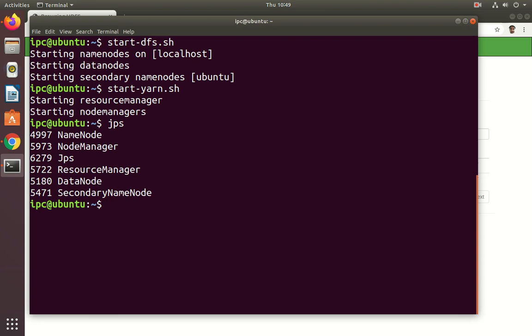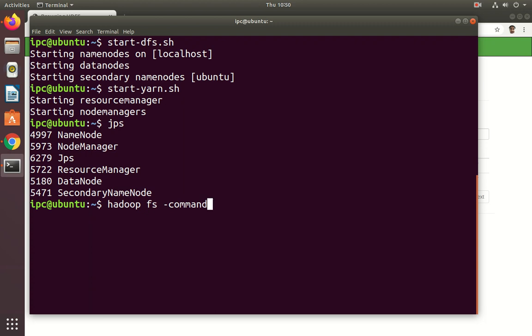Here we can use the Hadoop commands in two ways. One is hadoop space fs space hyphen command, whichever command you want to execute. This is one approach.